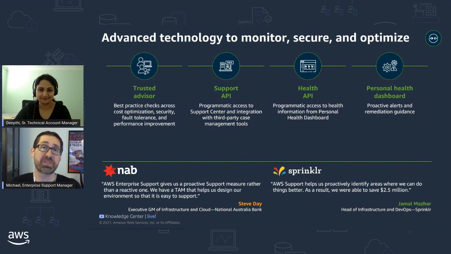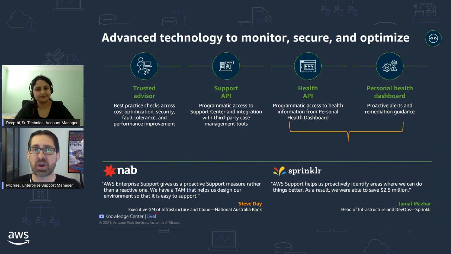There's 115 automated checks which Trusted Advisor does for enterprise support customers. And it covers all sorts of things from cost optimization to security, fault tolerance, performance improvement, and service quotas. We also have the Support API, which allows you to interact with the AWS support experience, the same that you get through the management console, but in an automated fashion if you want to, say, integrate it with either some home-brewed tools or third-party applications and support.